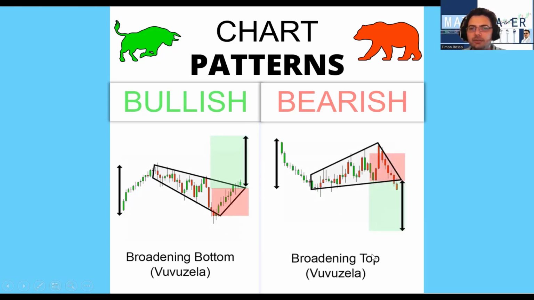And then we have a broadening top, which looks more like a vuvuzela, where the price forms a broadening formation where the price hits higher highs and higher lows, or it kind of depends. This is more of a subjective type of formation that you can see when it's converging out, and it forms a broadening top formation. And then you can set your stop loss either 50% of the broadening formation, or above the broadening formation. But the most important thing is to set your take profit twice as much as what you're willing to risk.